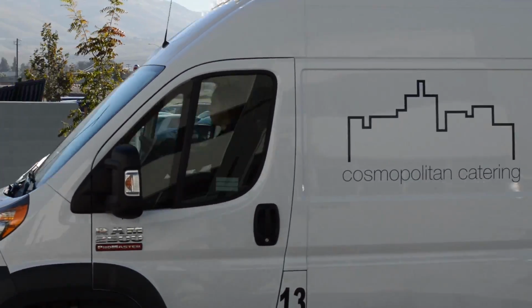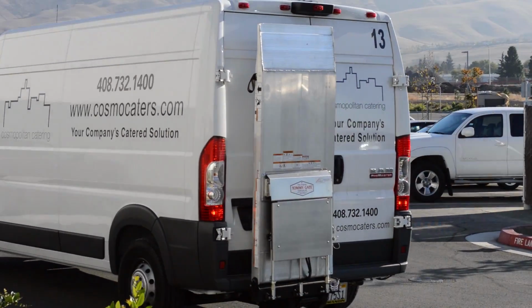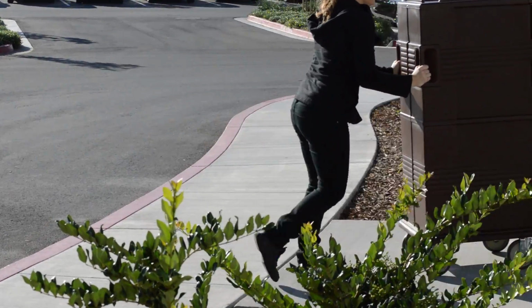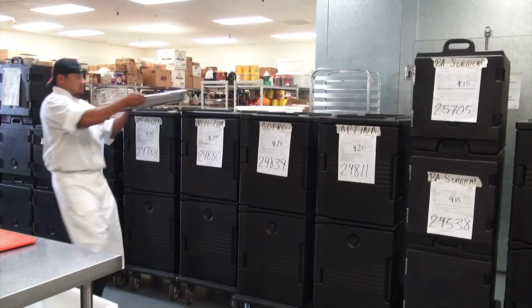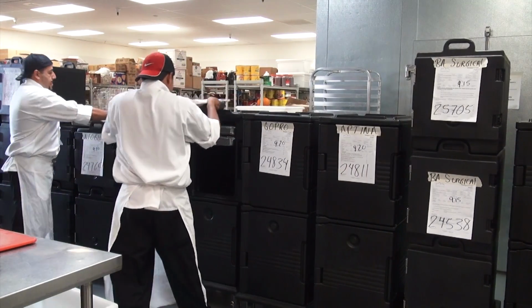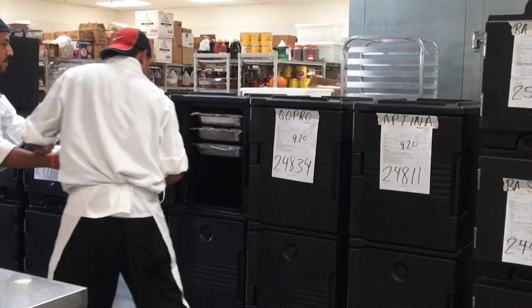Transporting the food for us is kind of a main key ingredient to our business, and what's interesting is there's kind of a science that goes into it. For us, it's a long process. We start very early in the morning, sometimes as early as 5, 6 o'clock in the morning. We're cooking food, generally putting it into the transport boxes by 9, 10 o'clock in the morning, and we're not actually serving that food in a lot of cases until noon, 12:30, 12:45 in the later part of our lunch